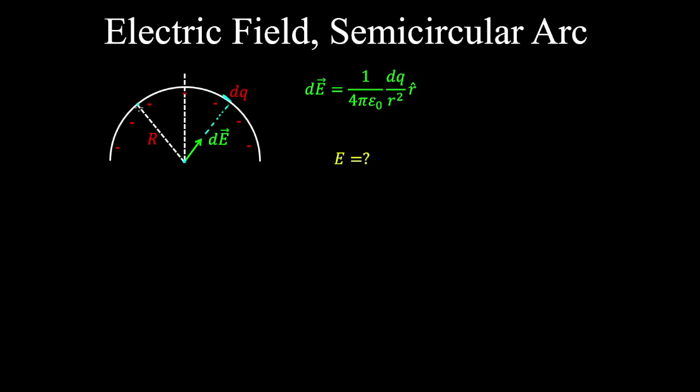And on the other side, we have a similar vector, which we can again resolve in the horizontal direction and the vertical direction. So there's no net electric field in the horizontal direction due to symmetry. So if we take our angle theta as follows, our net electric field is going to point in the vertical direction,